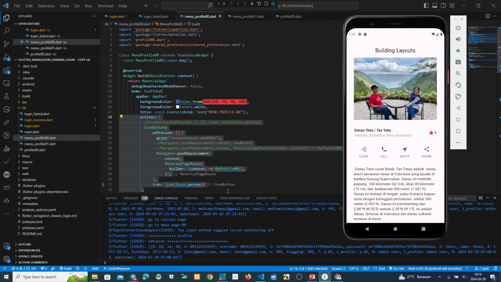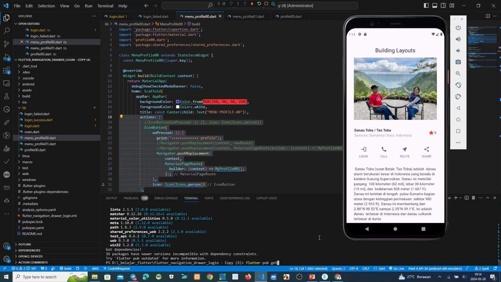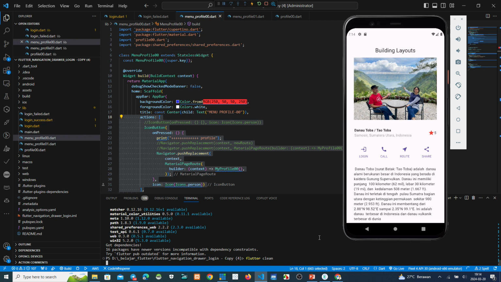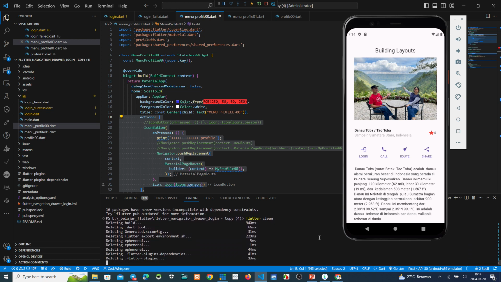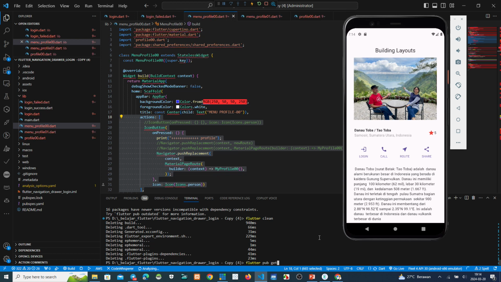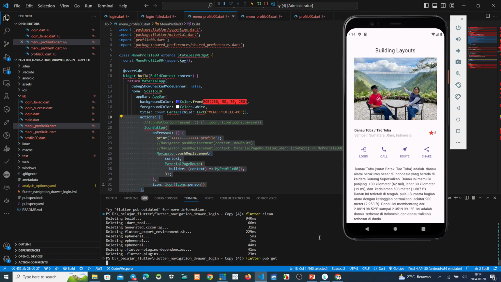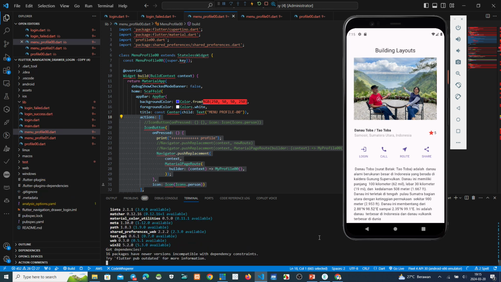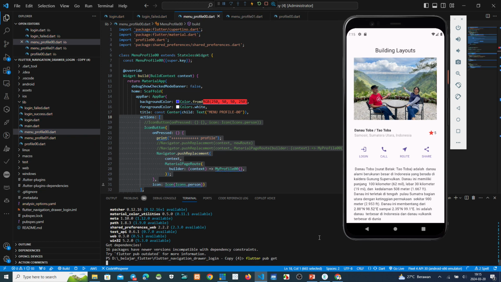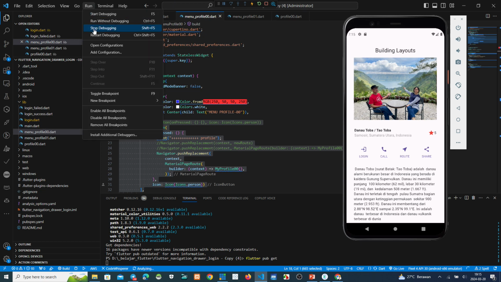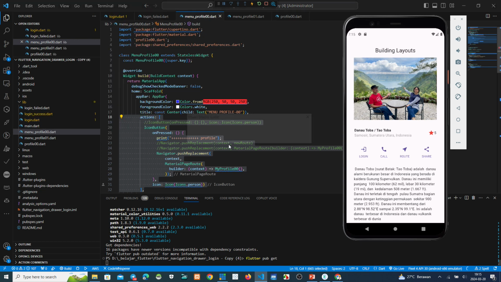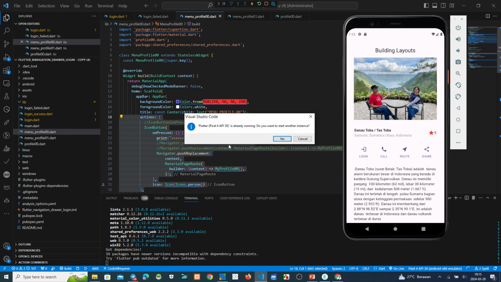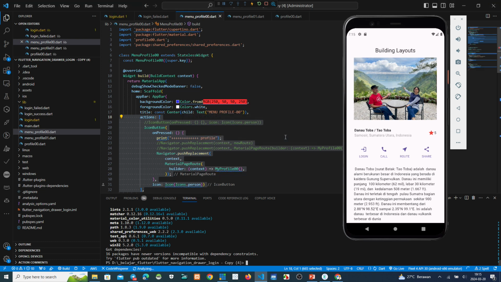Maybe make clean first. Okay, start debugging.